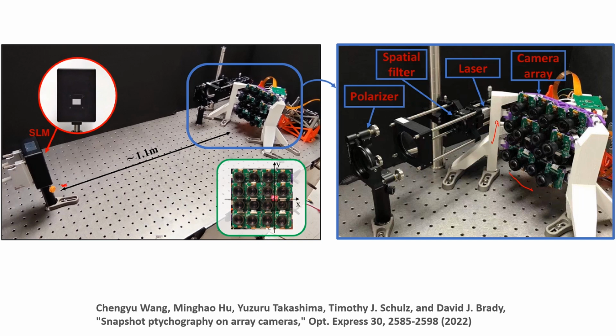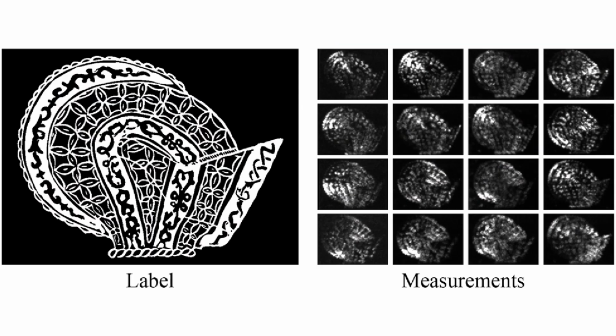And what we would expect to see because of this phase modulation is that the cameras see somewhat of a different image of the object because there's interference between local features in the object. Here's an example of what you see. So we put this pattern onto the spatial light modulator, and this is the 4x4 array of images as observed. And each image, of course, is a radiance measure, but because of this phase modulation, we see different speckle patterns,